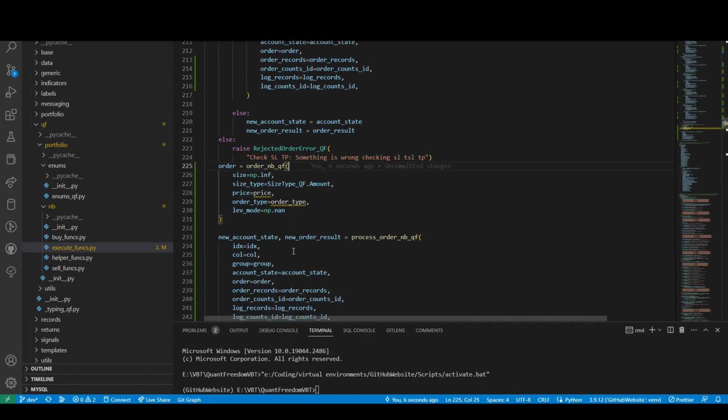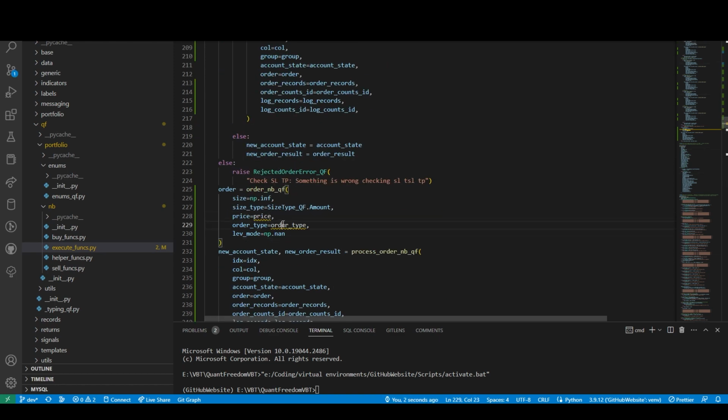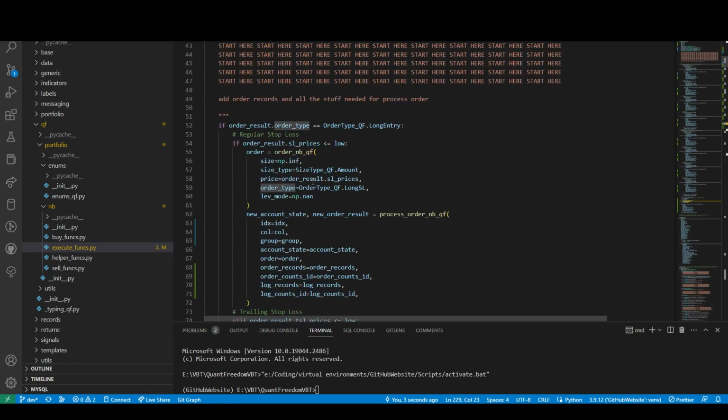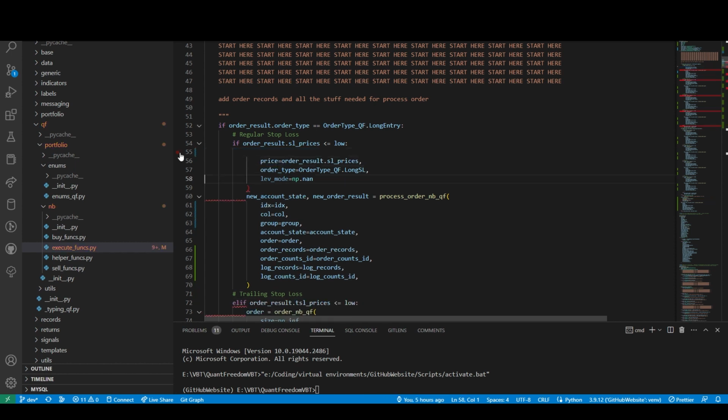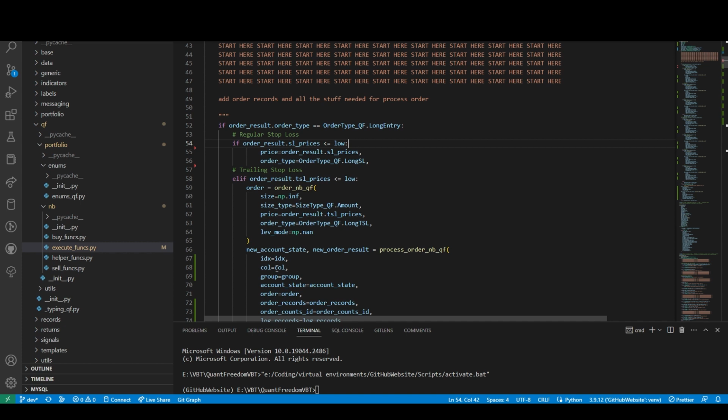After looking through this code, I realized the only thing that really changes from thing to thing is the price and the order type. So here I don't need to have this repeated like 50 million times. I just need to say that price. I just need to do this. If I do this, price equals this, or order type equals this, and